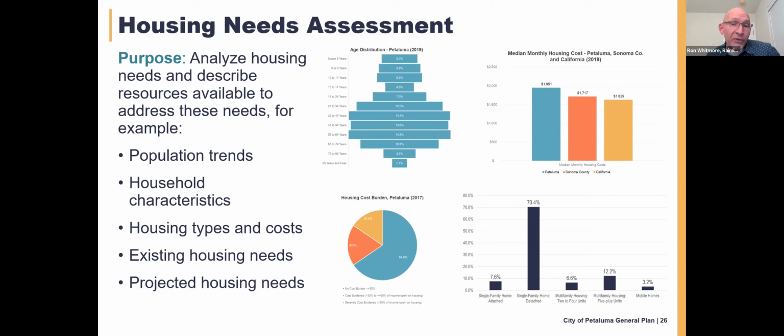We also know, as you are obviously tracking, that more affordable housing is needed. A significant proportion of the community is cost burdened, which is defined as spending more than 30% of your income on housing. And we know that more housing choices and types, sizes, and modes are needed in the community to accommodate a variety of needs and household types.